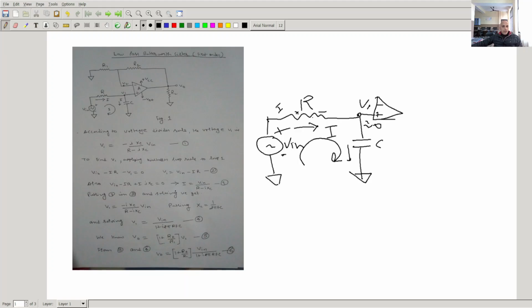Now we are putting the value of I in this equation number 2. So when we put it, we will get this one, right? B1 is equal to minus iota, that is mentioned here, right? Now we are going to put the value of XC. XC is what? Capacitive reactance. I have told you in the previous lecture also that XC is capacitive reactance and it is 1 upon 2